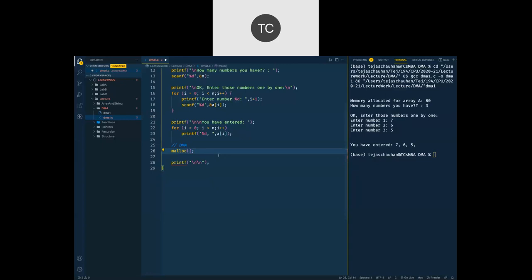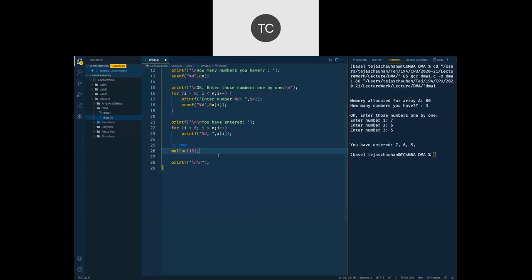Now malloc function requires one parameter, and that parameter is going to be the number of bytes that you require. If you write 5 here, then it is going to allocate you 5 bytes. If you write 15 here, then it is going to allocate 15 bytes to your program actually. So at runtime, it is going to allocate us a memory block.